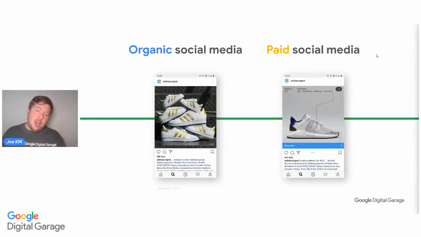Again, the one on the left is organic social media. It's from Adidas. It's about a new pair of trainers. It's an on-point image. It's crisp. It looks good. Have your trainers, no matter what the size, to suit your personality. And they've not even said that, but that's what I'm taking from that image, straight from the Adidas feed.